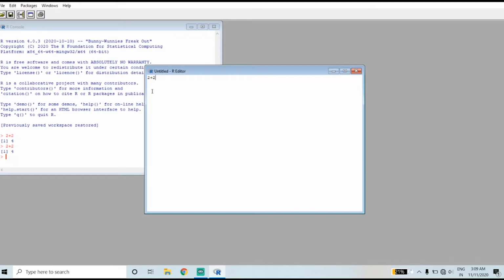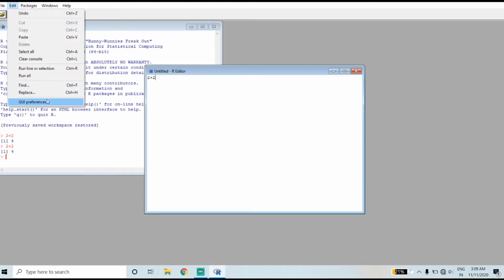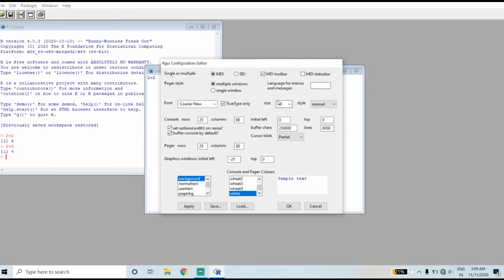Now, let's learn how to change the background color and the font size of the text. Go to Edit, select GUI Preferences. Here, the size is given. You can increase or decrease the size according to your wish. Here, I am selecting size as 20.